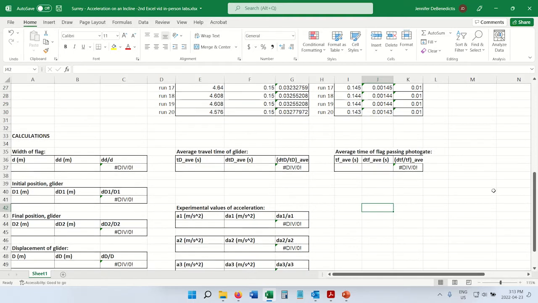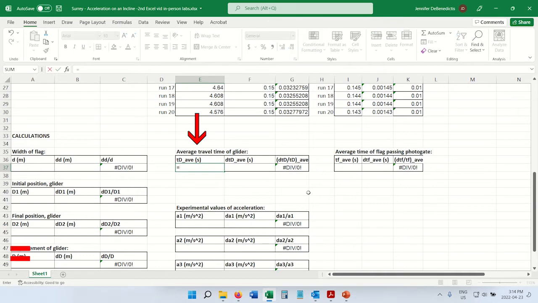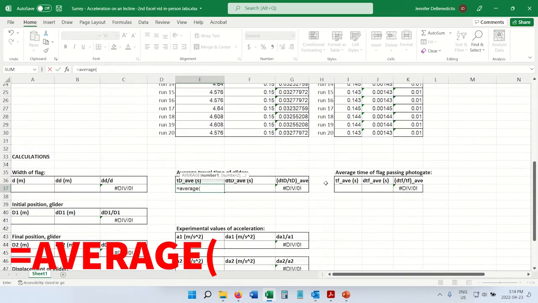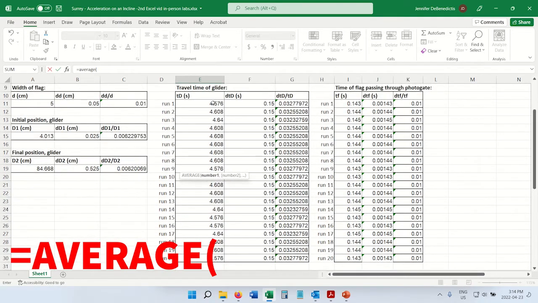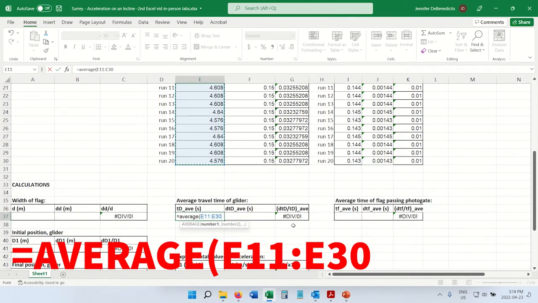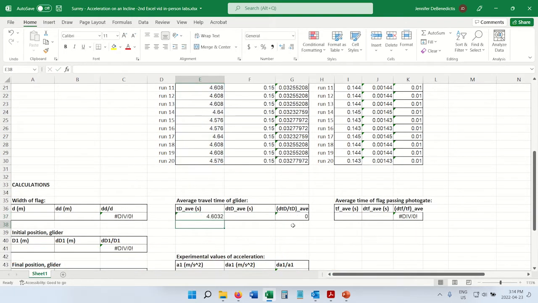So I'll scroll down to my calculations area, and the first calculations I want to do are going to be the averages of the travel time of the glider and how long the photo gate was blocked for by the glider's flag. So I want to calculate the average of something, and Excel has a formula for that. So I'll just type equals average, open the brackets, and now I want to input a list. So I can come up here to my data and just click and drag to select all of that data, scroll back down, close the bracket on average, hit enter,